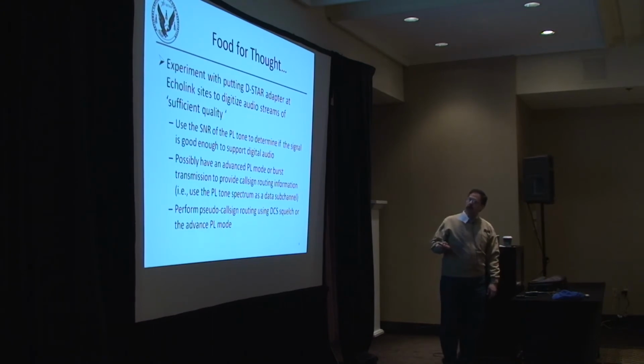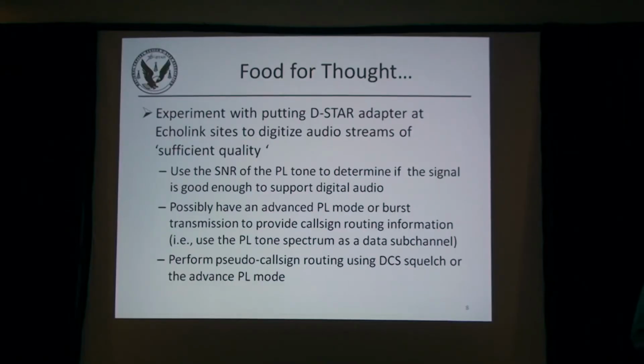Now, Bob showed me an interesting picture when he emailed it to me at one point, of the A-Star concept, trying to put something like a DV dongle at the repeater itself. So the idea is that you use all the existing analog radios today. People are driving around, the analog audio comes in, goes into the radio, and is then passed to a DV dongle, gets converted into D-Star audio, and goes out to the world.